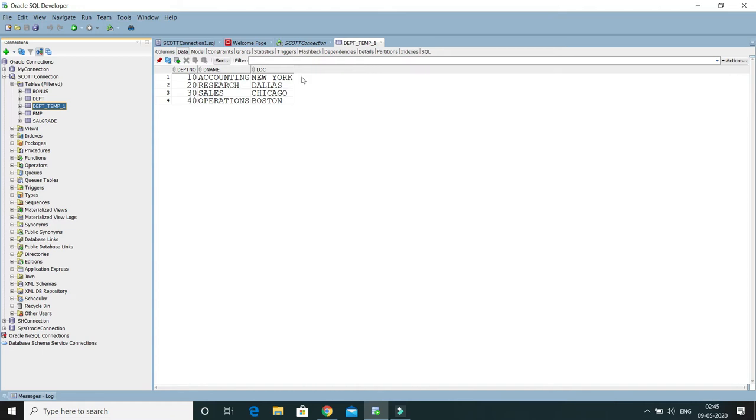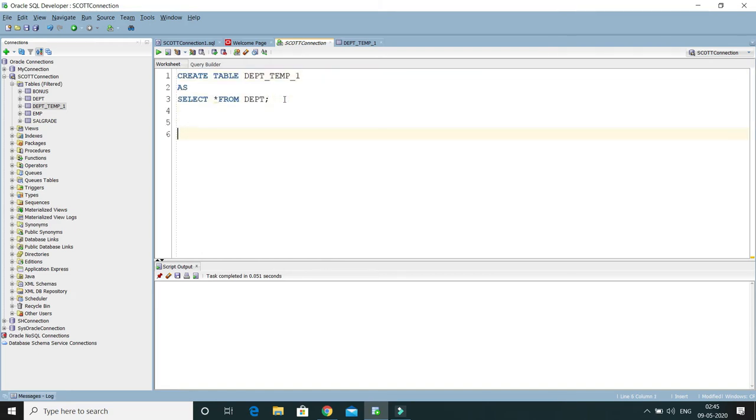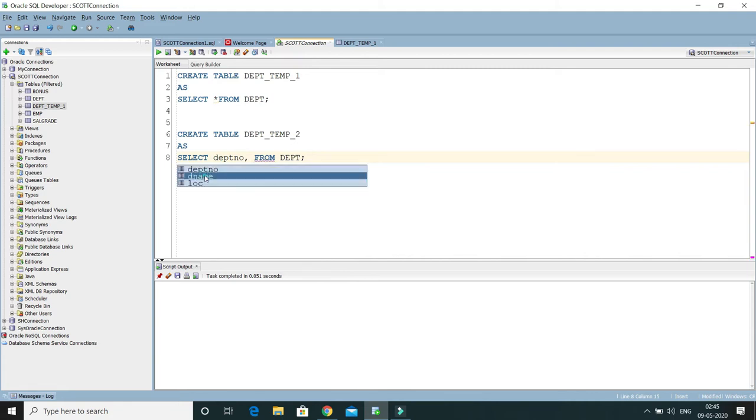You can see that's the exact replica of whatever data is available in the DEPT. Now let's say I don't want to select all the columns from the DEPT in the newly created table. Then how can we do that? I'm going to copy this, and let's say another table I'm going to create is DEPT_TEMP_2, and this time I would like to select a few columns, not all. So here I'm going to select DEPT and DEPT name, but location I'm not going to select.